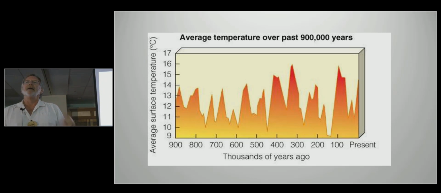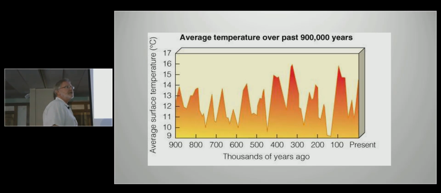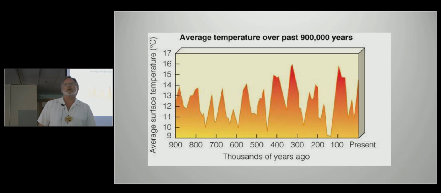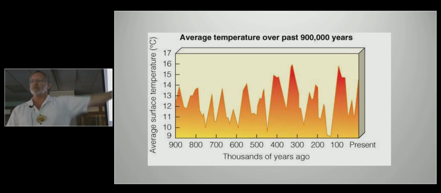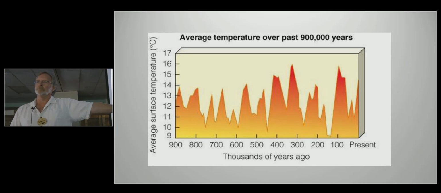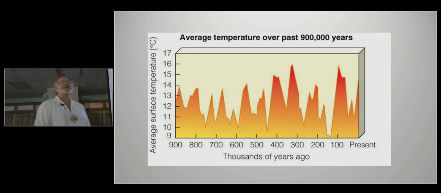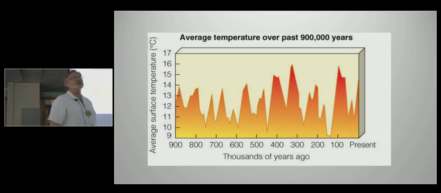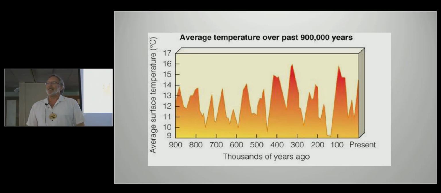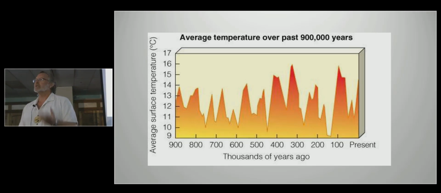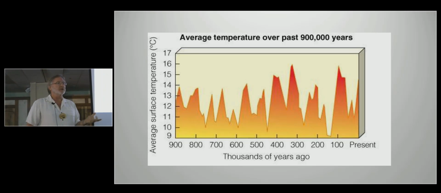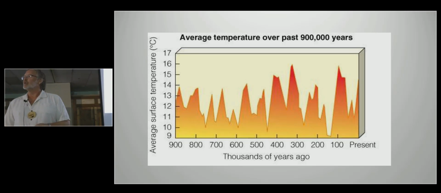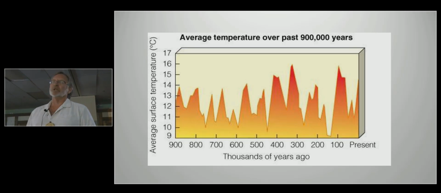And those 3 hot ones over there, the highest peaks, are hotter than it is now, considerably hotter than it is now. So the message here is that every single species that we see today, when you look out the window, when you're driving home, has experienced all of those changes in temperature. That means that there's a mechanism inherent in those species that allows them to survive. And that mechanism, whatever it is, is something that we need to learn about so we can help species, biodiversity, I'll say it again, to survive this current climate change.